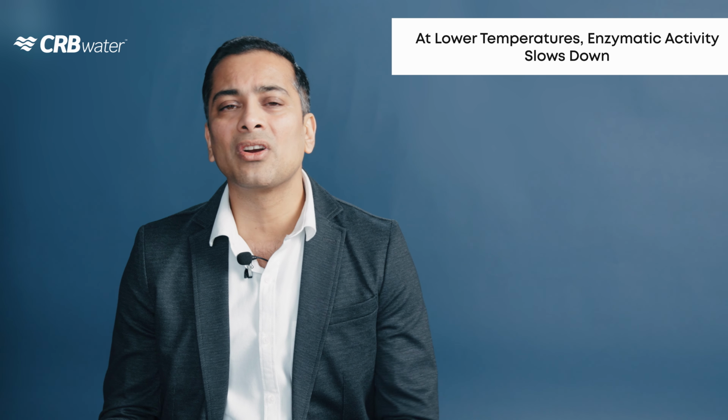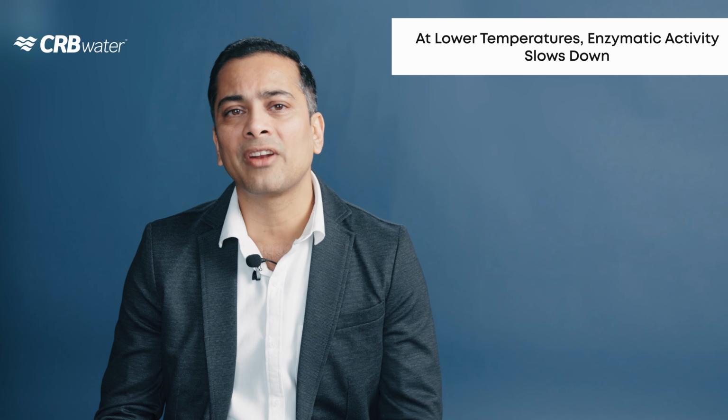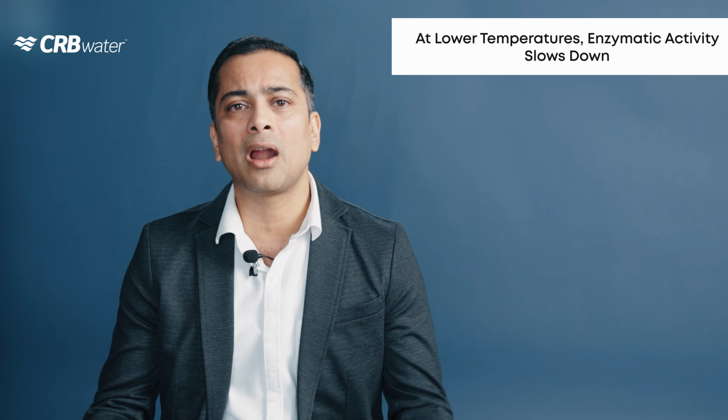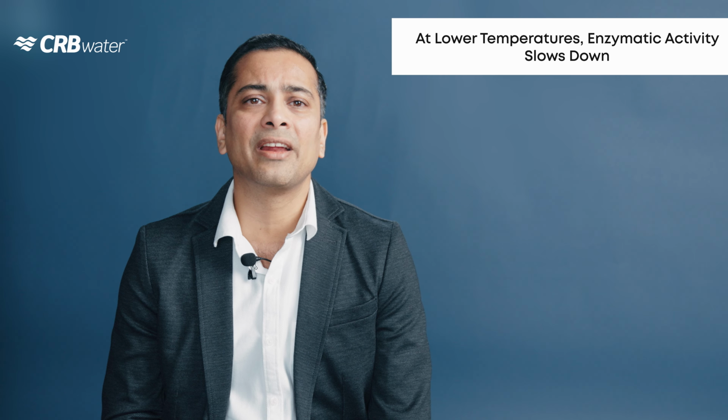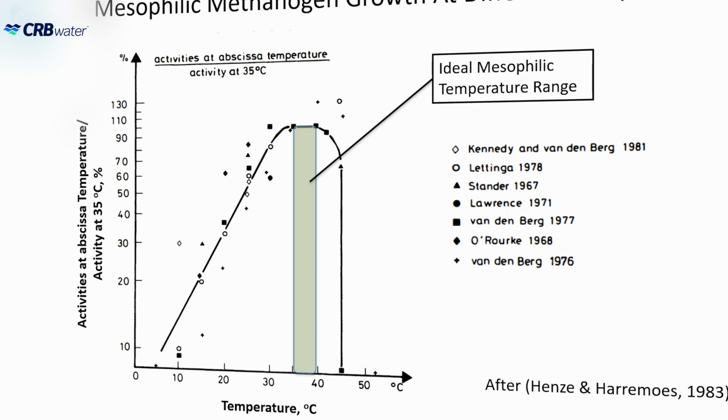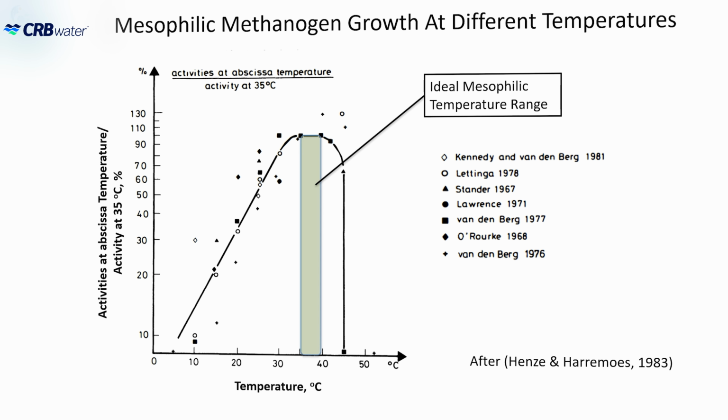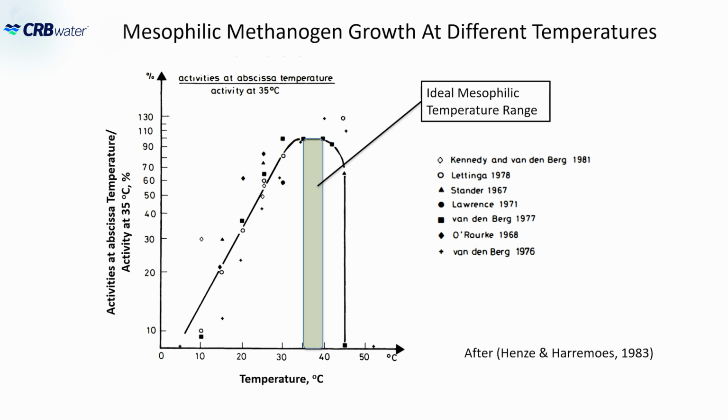On the other hand, when the temperatures decline below the optimal levels, these enzymes function suboptimally at a lower kinetic rate, resulting in a sharp decline in microbial activity. Researchers have modeled this decline using the Arrhenius equation and its modified forms. The graph compiled by Danish researchers is shown here. This chart summarizes the work of several researchers, and it shows the temperature dependence of the methanogenic activities of mesophilic